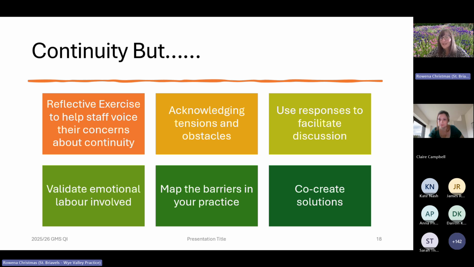The continuity but exercise is really effective because it normalises ambivalence. We know many GPs care deeply about continuity and recognise it's better when it's there, but just feel conflicted by the pressures. And the exercise builds a psychologically safe space, which might be particularly important for newly qualified GPs or GP registrars who've got concerns but don't feel quite able to share them in a big team like that. It can link personal experience to system change, and it above all encourages reflective practice, which is always really valuable for these situations.